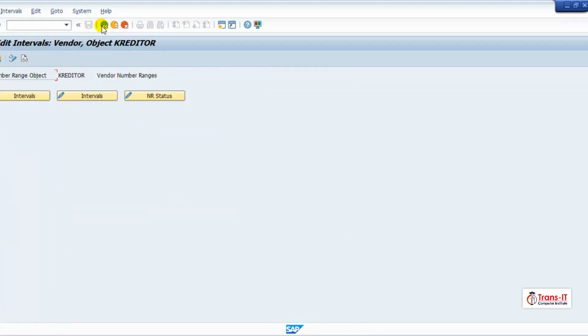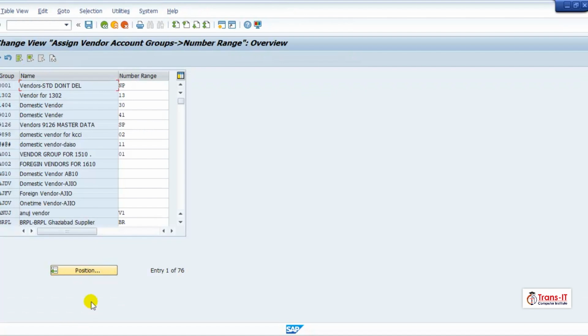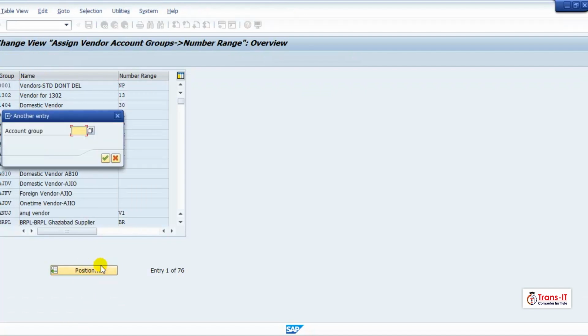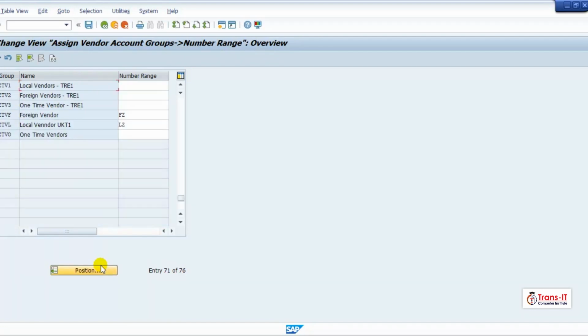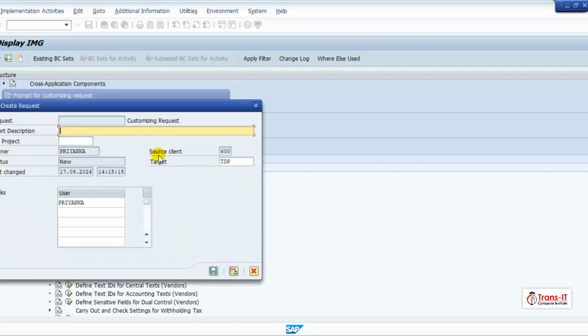Now we will assign these number ranges to vendor account groups. Click on assign number ranges to vendor account groups. Click on position, enter our group ZT, V1, Z1, Z2, and Z3. Press enter, click on save button, then click on create request, enter your description,